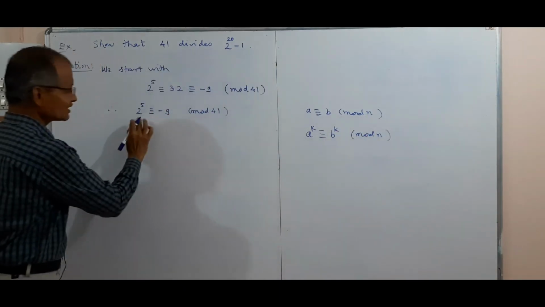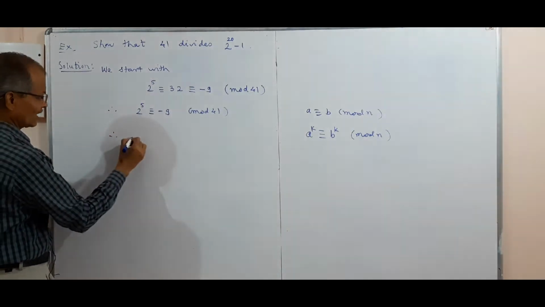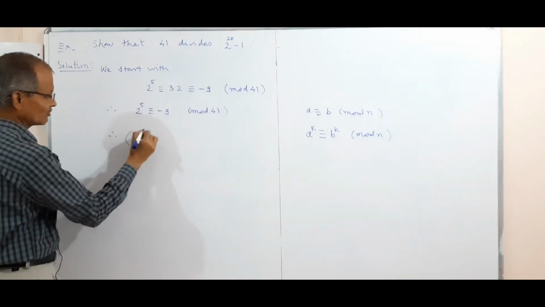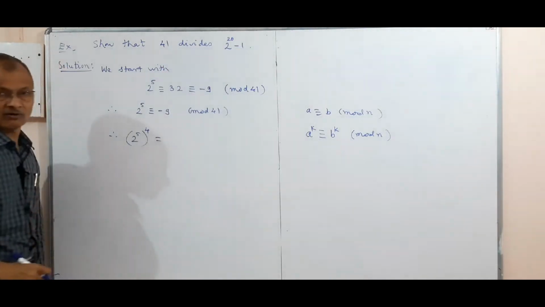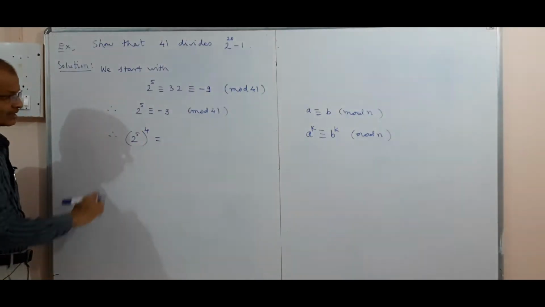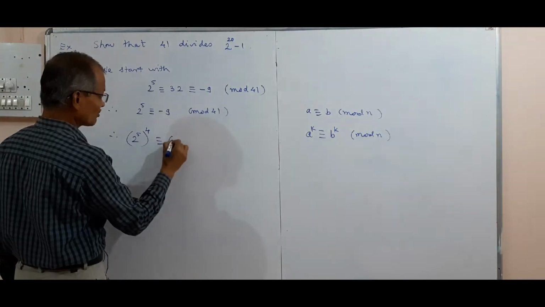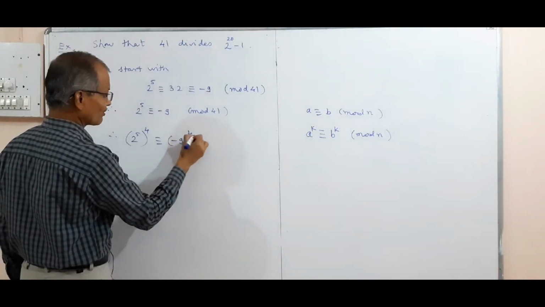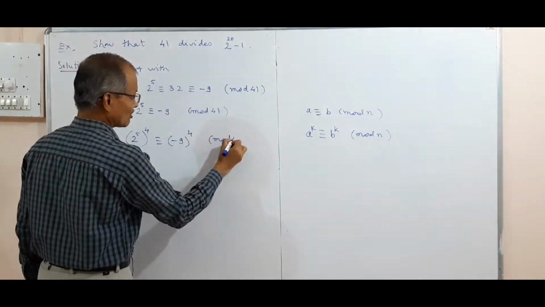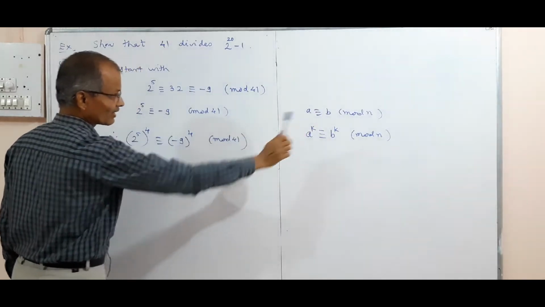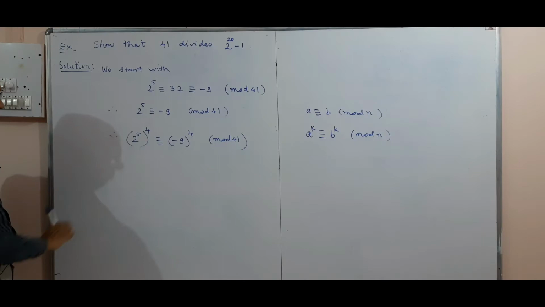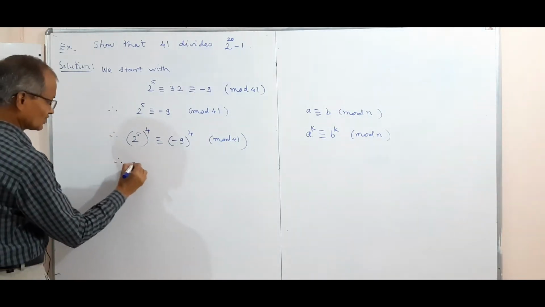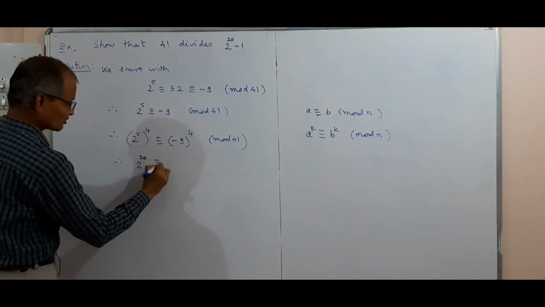And therefore we raise the same power to this, as 2 raised to 5 to the power 4. Why fourth power? Because for 2 to the power 20, we shall use laws of indices. And this is congruent to minus 9 to the power 4 mod 41, by theorem 2, last result. And thus 2 to the power 20 is congruent to